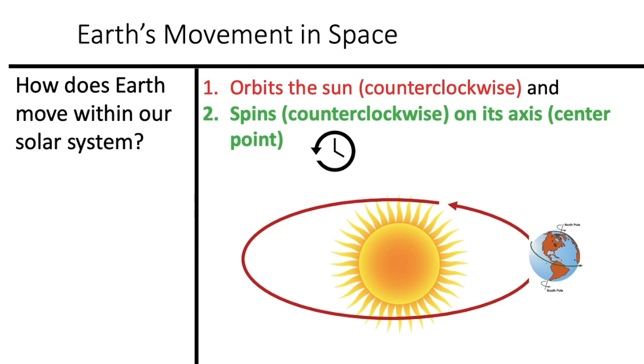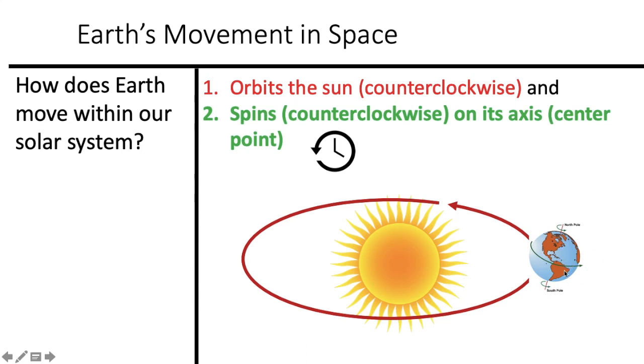Today we will be taking T-notes on the Earth's movement in space in relation to the Sun. The Earth moves in two ways in relation to the Sun. It orbits the Sun in a counterclockwise motion, and it spins on its axis, which is its center point, also